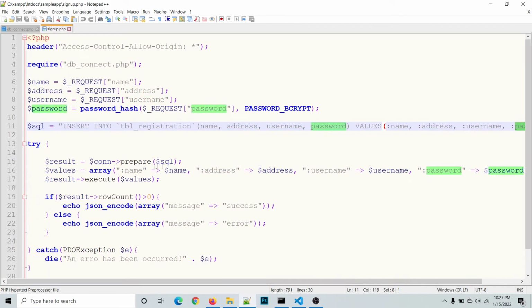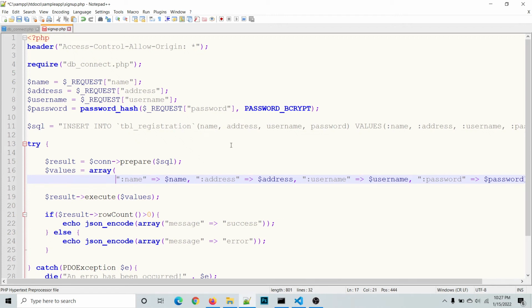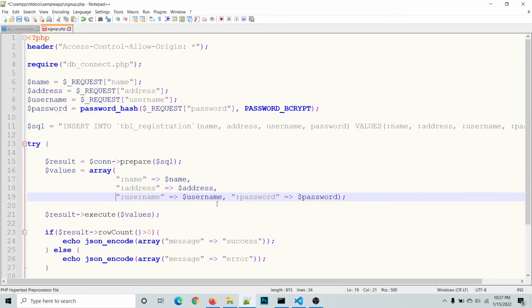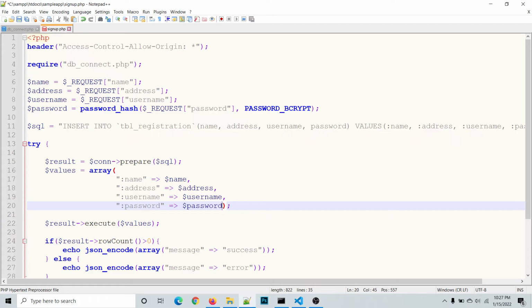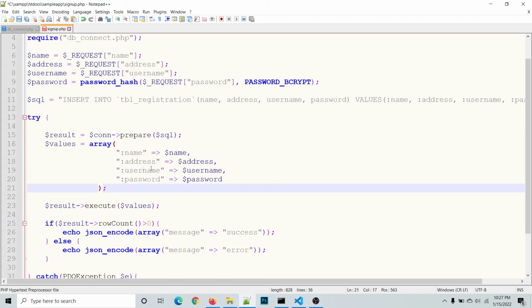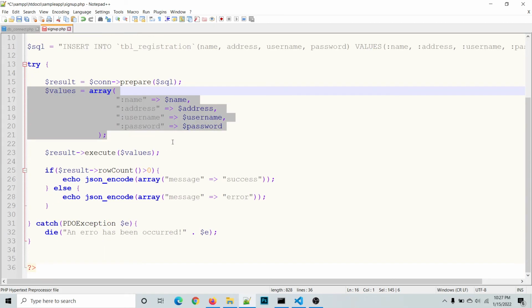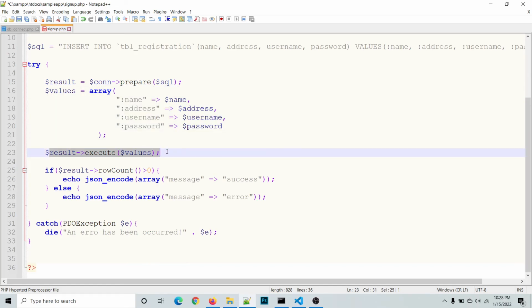So under the values part, we define the required variables, which are the name and the value for that name, also the address, the username, and the password. To easily read and understand the source code, we presented it this way. Next, we have here the execute, and after the execute statement, we added a function here